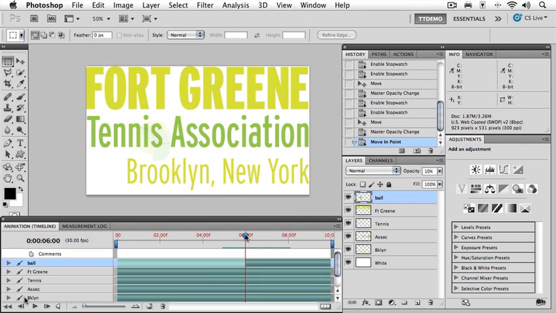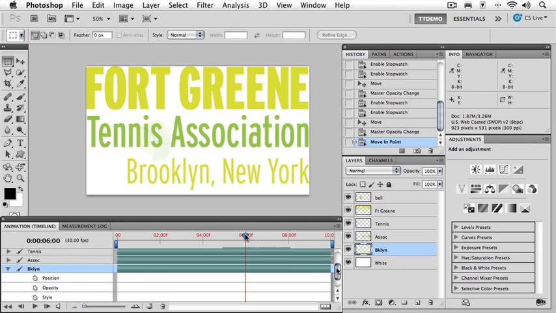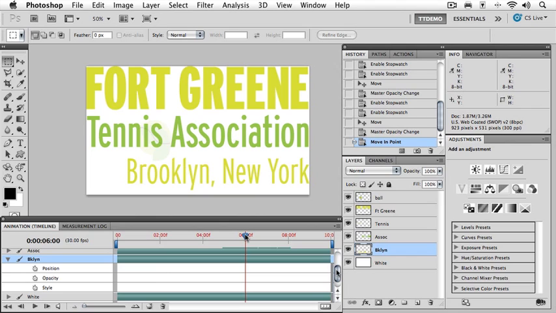We're going to go down to the Brooklyn layer. We're going to open that disclosure triangle. Let me slide down here so you can see this. What we want to do with this layer is very simple. We just want to change the opacity. We're going to have this start in at a 0 opacity and come in at the end of the animation